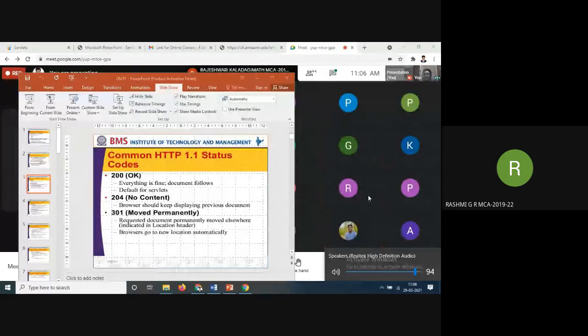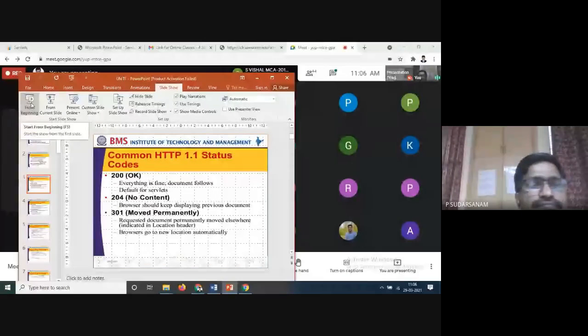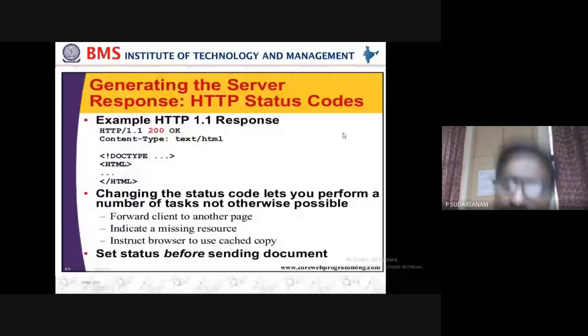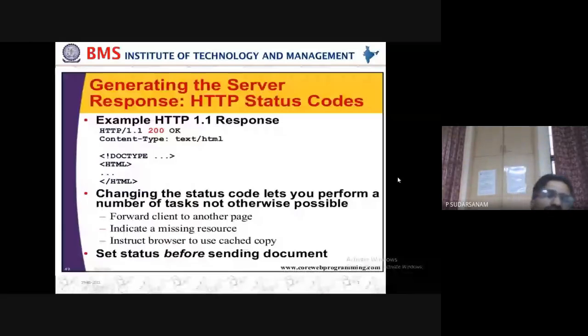Here some of the view, how to make it. Some properties are there. When I'm making it, it is coming bigger. Right. Can you able to see now? Yes, sir. We can see.